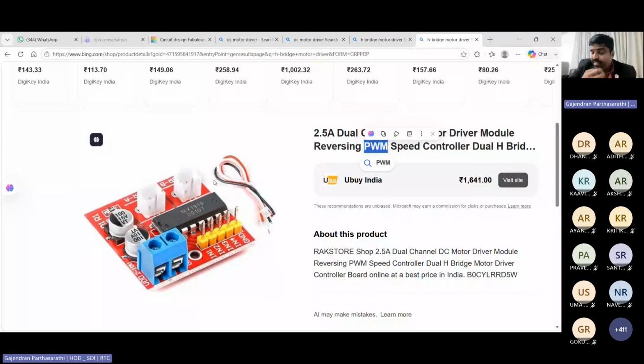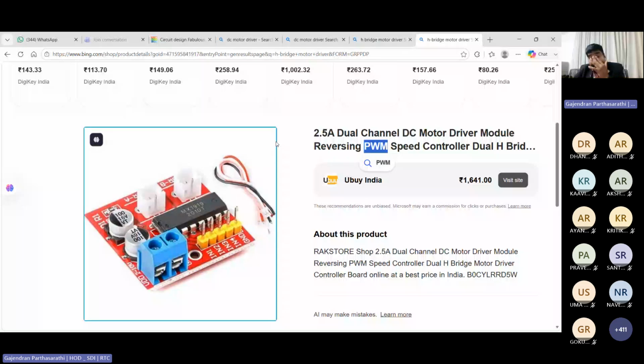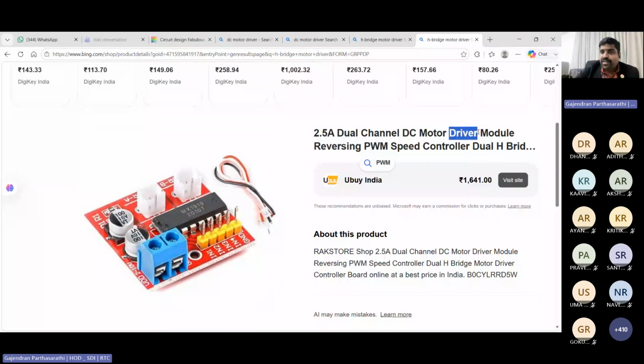Now, the takeaway point is Arduino is unable to drive the motor straight away. Therefore, we are going to make use of the driver circuit. Very simple. When you appoint a driver in practical life, please tell me,